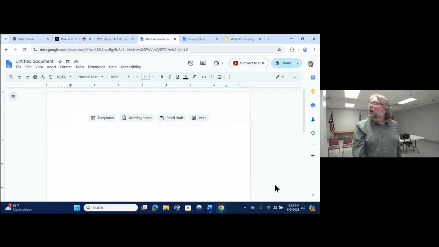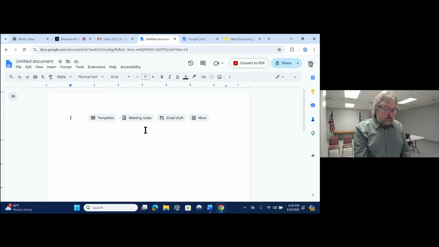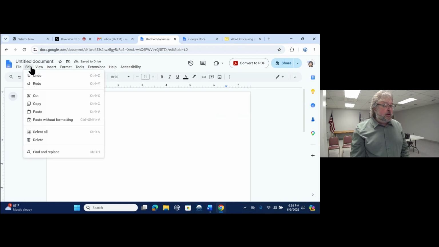up to the menu. Under the Edit menu here, and let me see, I don't have anything selected. I'm going to select some text. Under the Edit menu, I have Cut, Copy, and Paste. It tells me that there's a toolbar button with scissors to cut. The Copy toolbar button looks like two copies of a piece of paper, and the Paste button looks